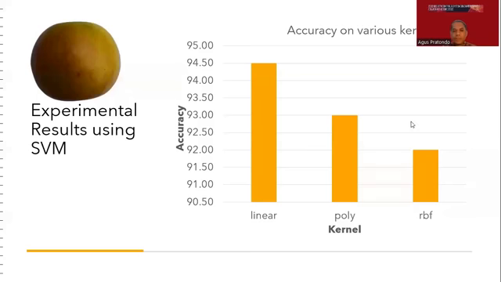When SVM is used, the best performance occurs for the linear kernel with an accuracy rate of 94.5%. This result is the best result not only among all kernels tested in this experiment, but also in all experiments with KNN for all K values. So, the final value of the experiment using the SVM classification algorithm with a linear kernel is the best result of this study.